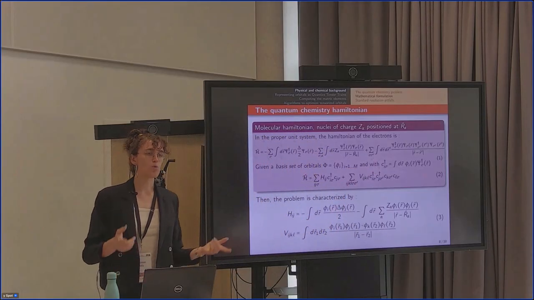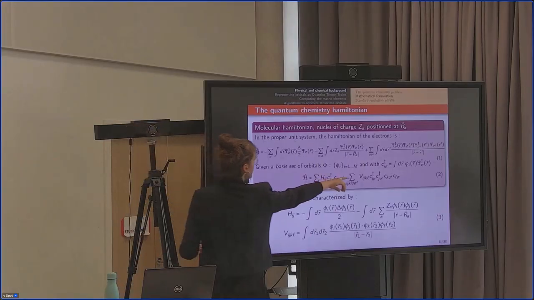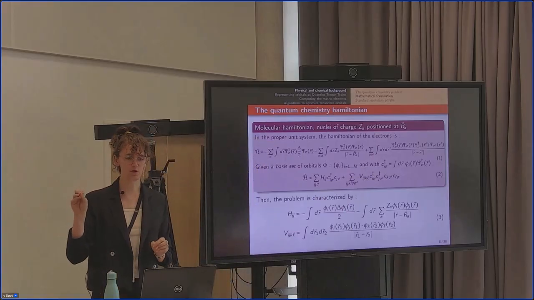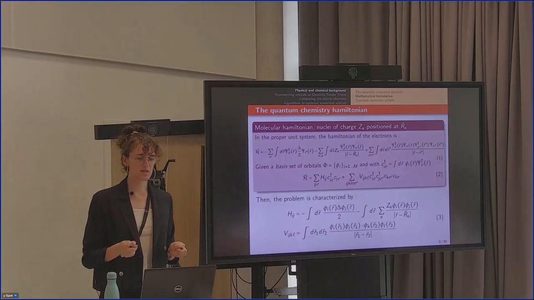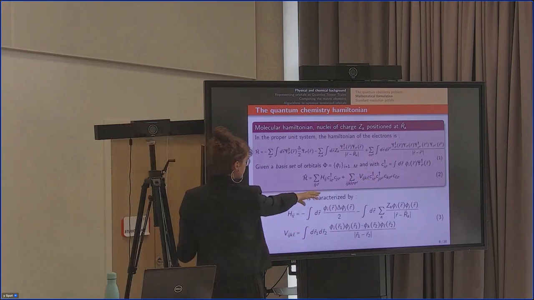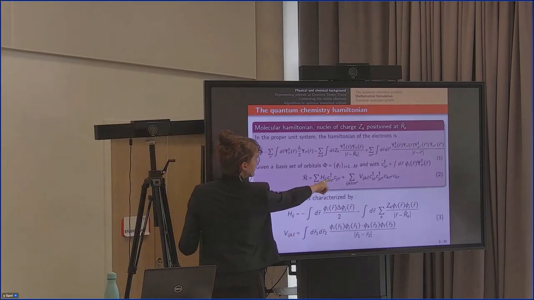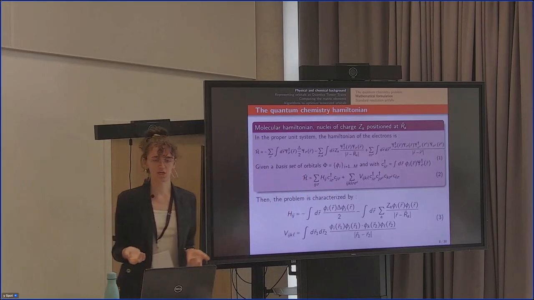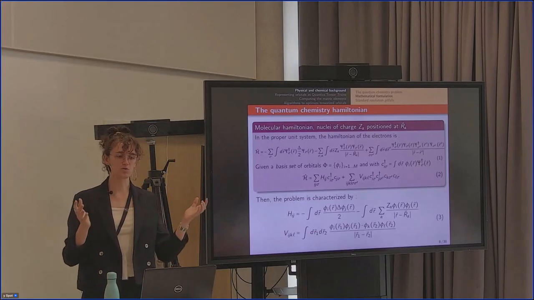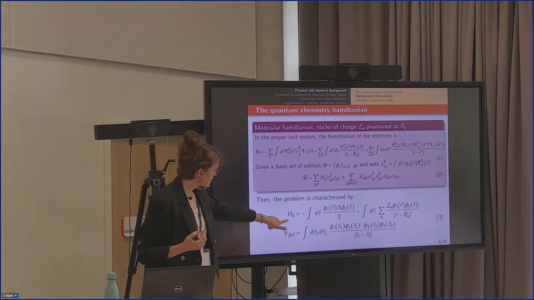Then, as we said before, we reduce this problem onto a finite basis set. So we define these CI operators, which correspond to basically placing an electron on a specific orbital. And if we reformulate this Hamiltonian in this basis set, we obtain this much simpler expression, which has a one-body term, Hij, and a two-body term, which is Vijkl, the electron-electron interaction.